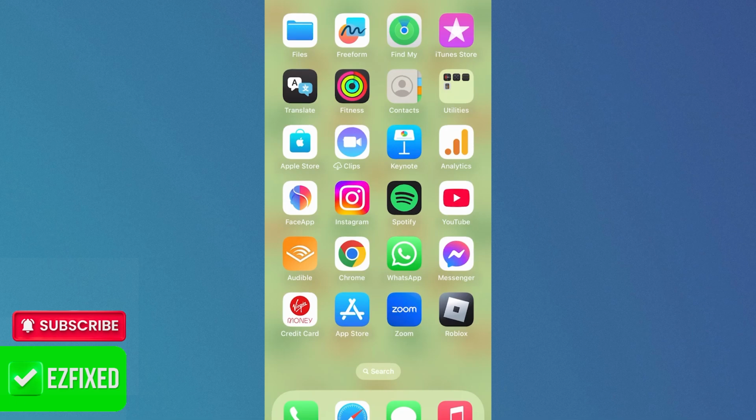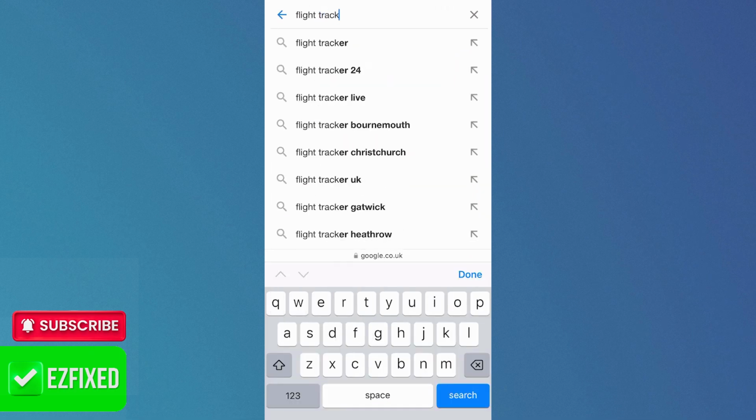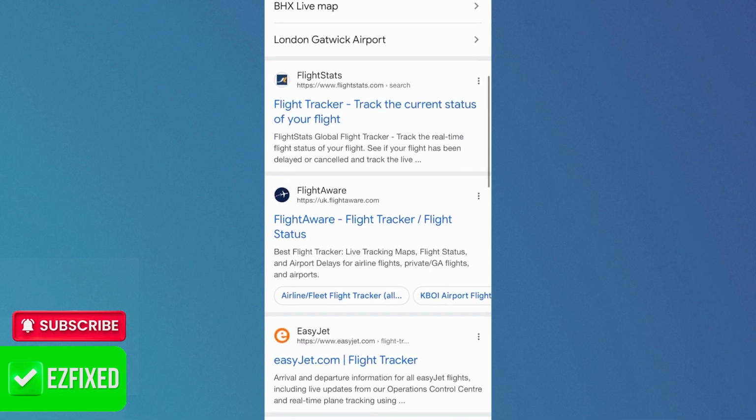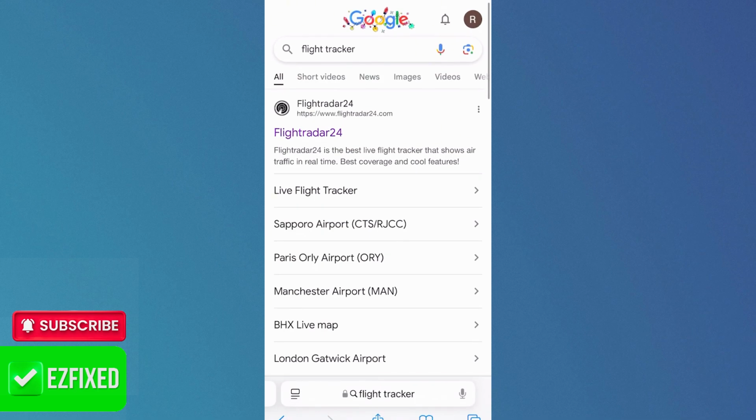In this video, I'm going to show you how you can check a flight status online straight from your mobile. So we're going to start by heading over to an internet browser, and from a search engine, just type in flight tracker and hit enter. Now there's a bunch of different websites you can use to do this. The one that I like to use is this top one,